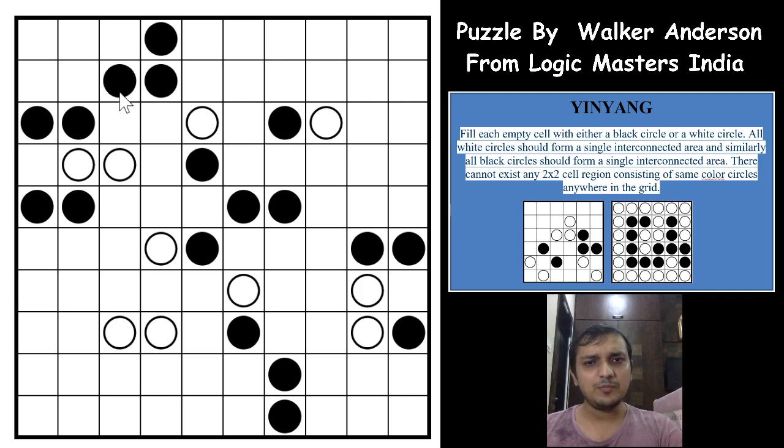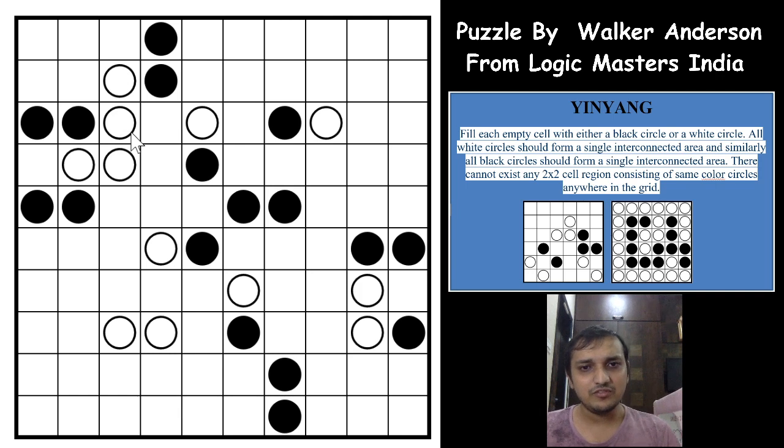And if you see, we cannot make this circle also black. What happens is, if you make this circle black, all this area is a closed area now, which means that all these circles will be black circles. It cannot be white because if it is white, then it gets stranded in between and you cannot come out of that area and connect to all other white circles. Which means that all of these will be black and you form a 2 into 2 group of black circles, right? So this circle has to be white and this white circle has to come out this way.